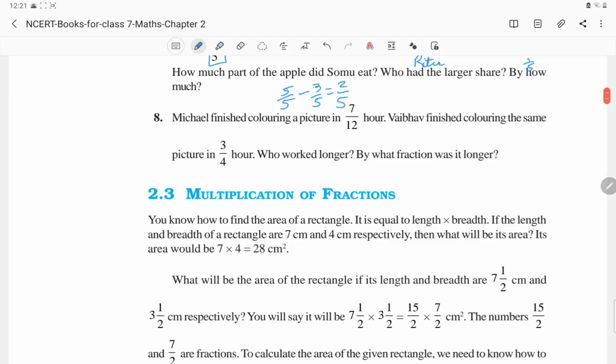Michael finished colouring a picture in 7 by 12 hour. Vaibhav finished colouring the same picture in 3 by 4 hour. Who worked longer? By what fraction was it longer? Okay, so we have to compare 7 by 12 and 3 by 4. So we need to make the same